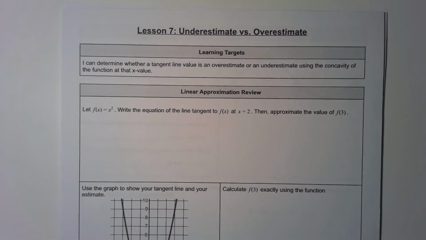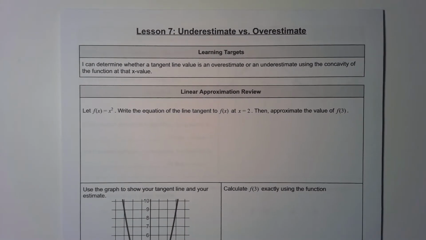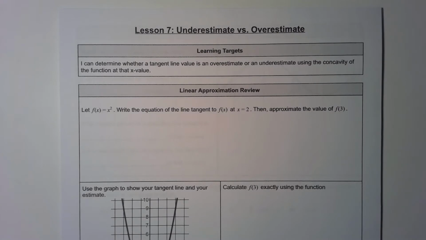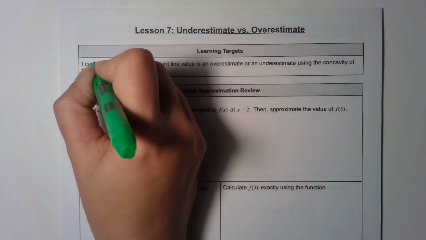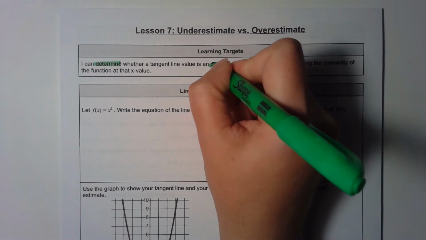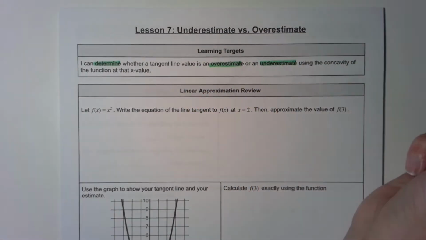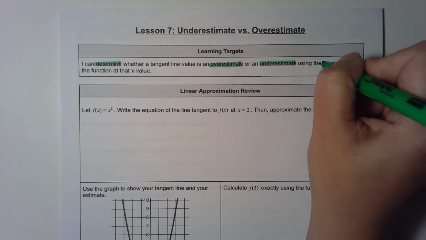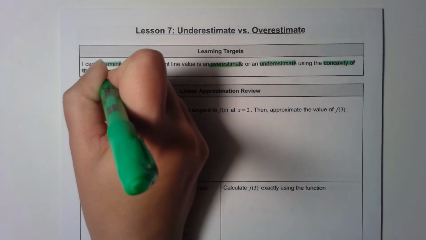Hi everybody. In today's video, we're going to be doing lesson 7 from unit 3, which is figuring out whether we have an overestimate or underestimate when we use a tangent line to estimate a value for a function. So our learning target for today is: I can determine, so that's kind of like decide, whether a tangent line value is an overestimate or an underestimate using something that we're going to call the concavity of the function at